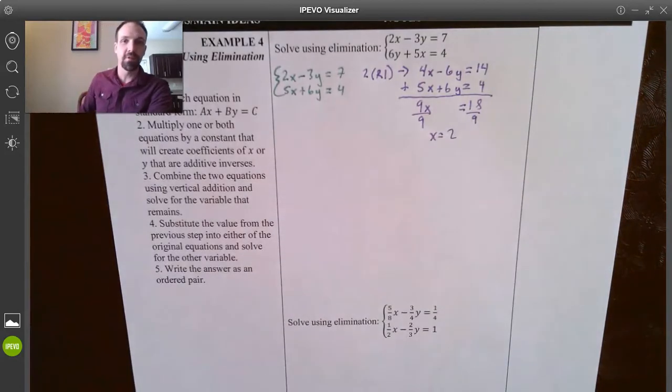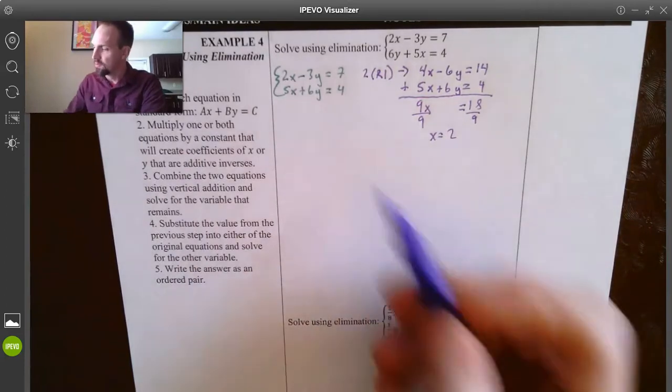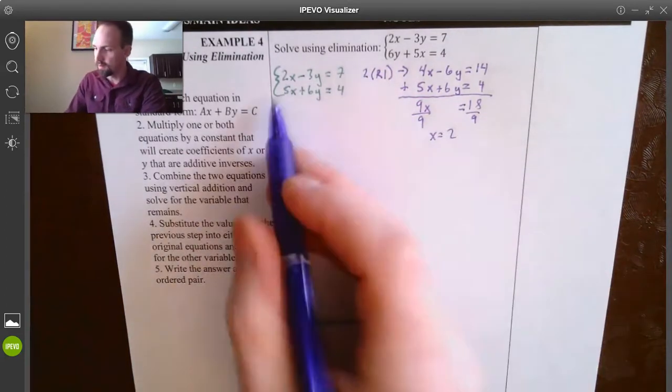Now what do you do with this x equals 2? Well, you back substitute it into any of the equations to find out what the variable y is. So I can pick any of them that I choose. I'm going to pick this one here. So if I take